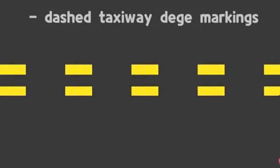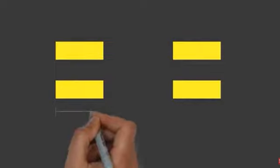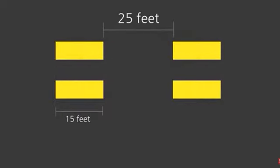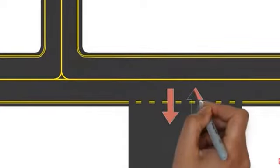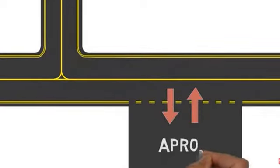Dashed taxiway edge markings consist of a broken double yellow line. The lines are 15 feet in length with 25 feet gaps. Dashed taxiway edge markings are used when the aircraft would need to cross the lines, for example when a taxiway